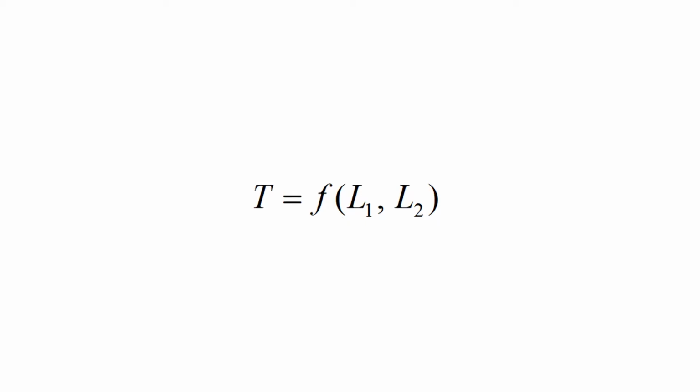In the session named functions of several variables, we have modeled varying temperatures in a large region by a function T is equal to f of L1 L2, where T denotes the temperature and L1 and L2 denote the longitude and latitude respectively. With respect to this example, one may be interested to know how temperature changes as one moves in some direction. For instance, keeping L2 constant and varying L1, or keeping L1 constant and varying L2, and so on.